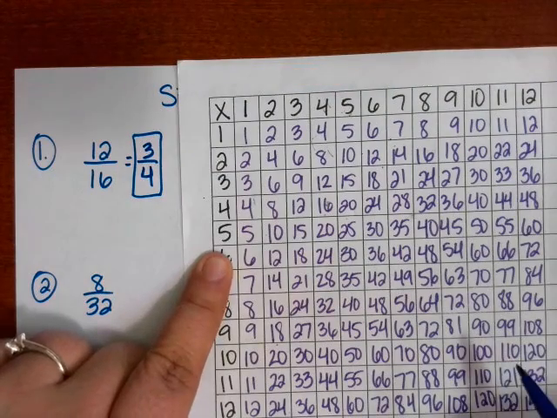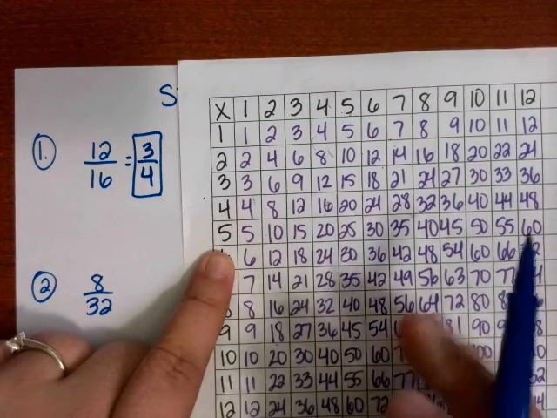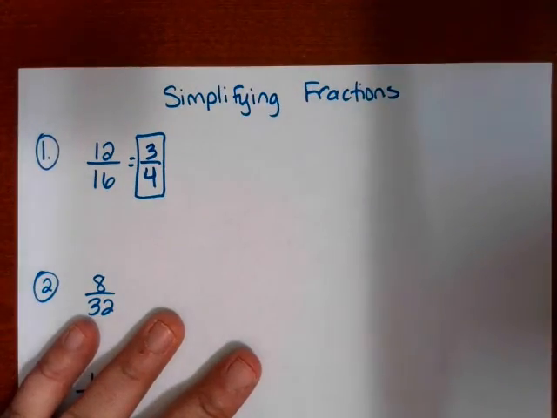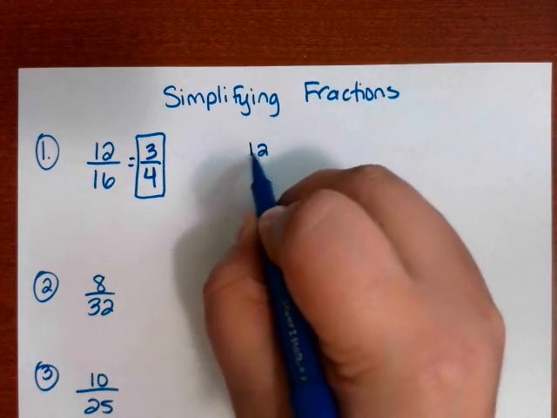It's that simple, guys. That simple. The multiplication chart does the hard part for you. Now, I did tell you I was going to show you the traditional method. So if we had the fraction 12/16,